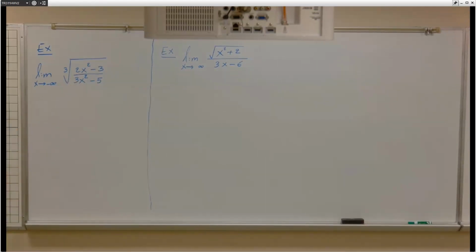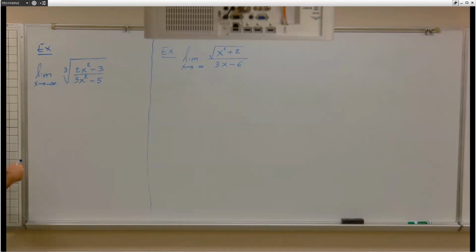First of all, you can't. Why? Because if you go back to the notes, for the first example you can divide only if there's a limit inside. But there is a rule that says if you have a limit of a radical, you can take the limit